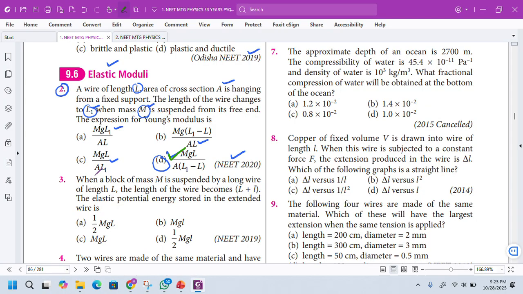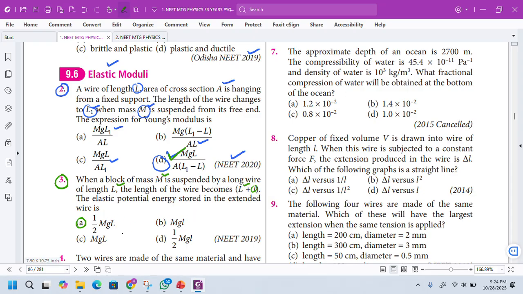Okay. Question number 3. When a block of mass capital M is suspended by a long wire of length L, the length of the wire becomes L plus small l. That means what? It is the change in length. Capital L represents the original length, small l represents the change in the length. The elastic potential energy stored in the extended wire is: answer A,